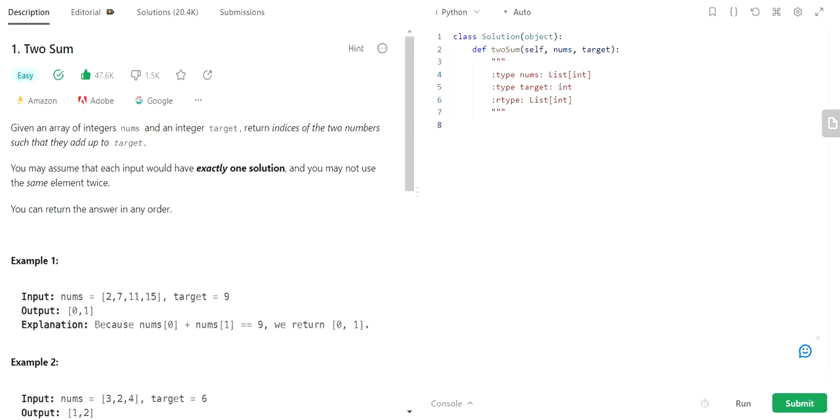So today we will be solving one of the most popular LeetCode questions, that is Two Sum. It has been asked by multiple organizations, and this question says that we are given an array of integers nums and an integer target, and we have to return the indices of two numbers such that they add up to our target. So as we can see in this example, we are given an array and a target, and